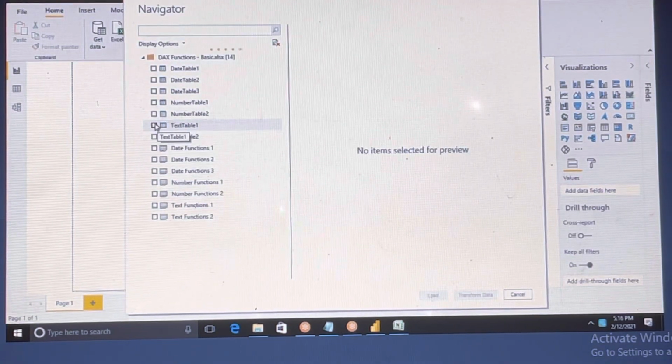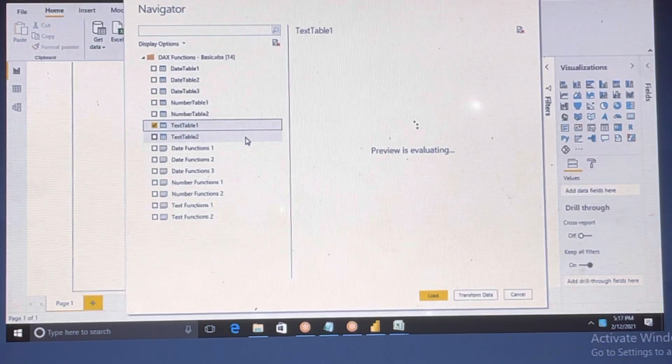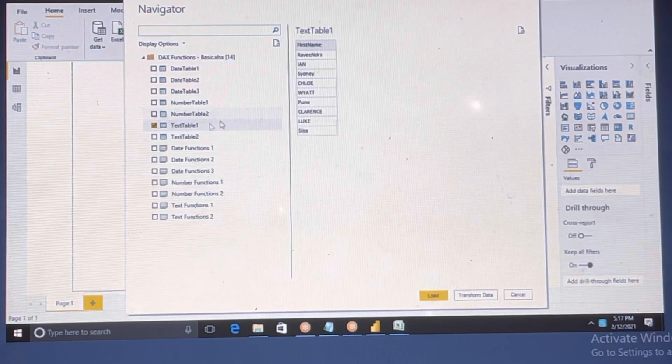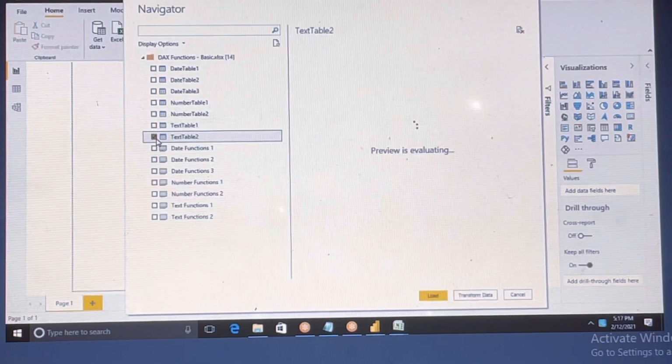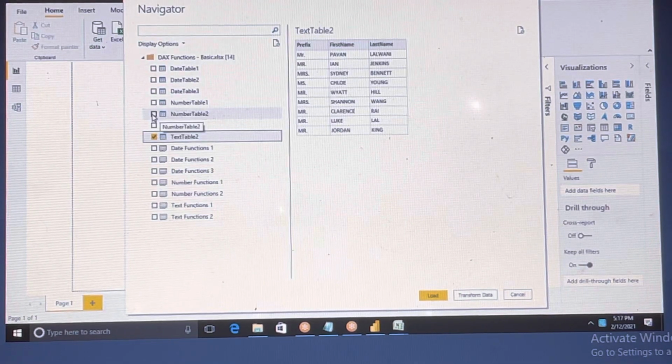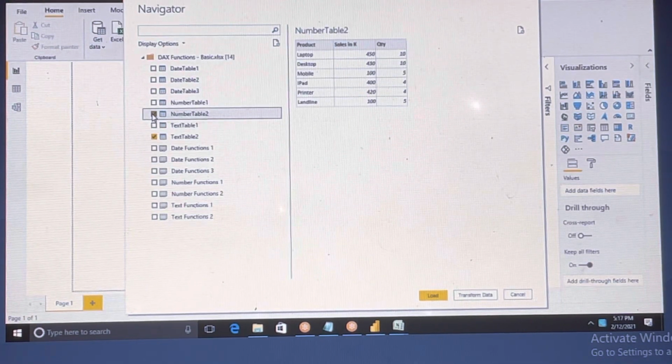For now, I will take this one, and let me take any one of the things, either quantity sales or what we have here, the same data, right? I am taking these two things, and I am just clicking on the load button.